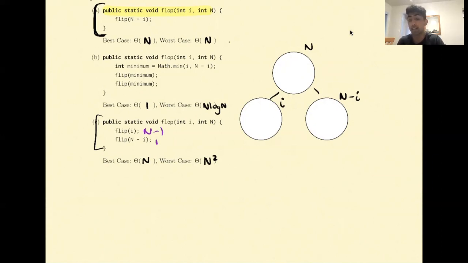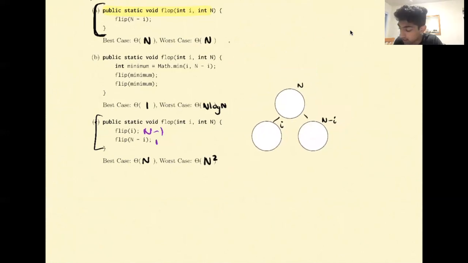I want to prove to you guys that n squared is the most amount of work we can ever possibly do. Okay, so if we're exploring this possibility, what we will notice is that if we look at each level of the tree for any possibility, we can never do more than n work at each level. The reason is that each time we call flip, the most amount of work we can do for one function call of flip is n work, right? We can never do more than